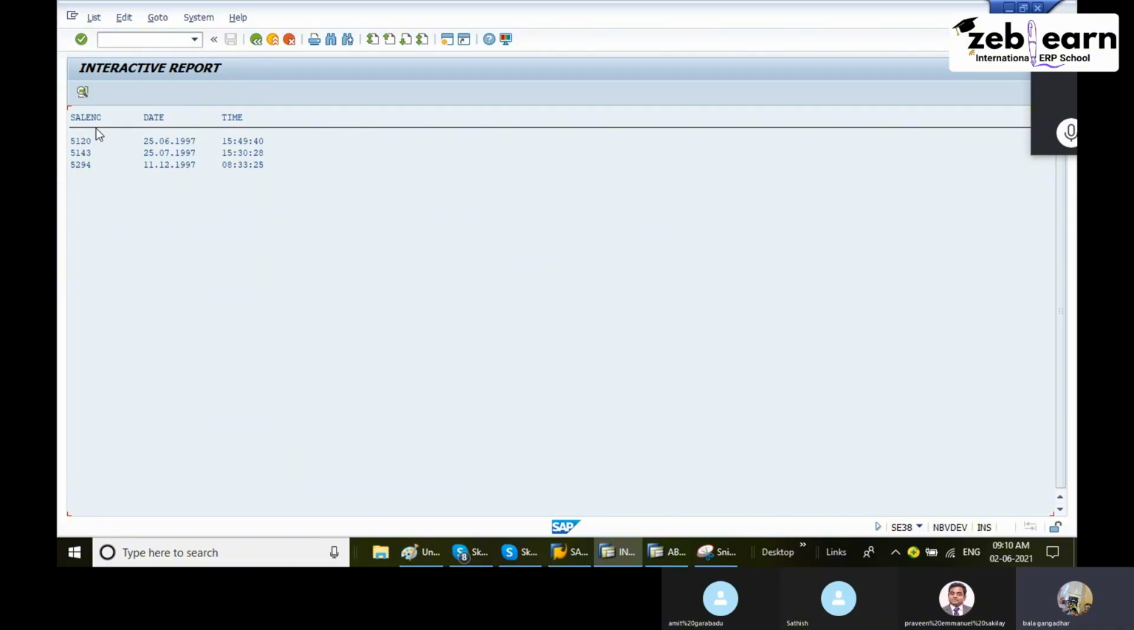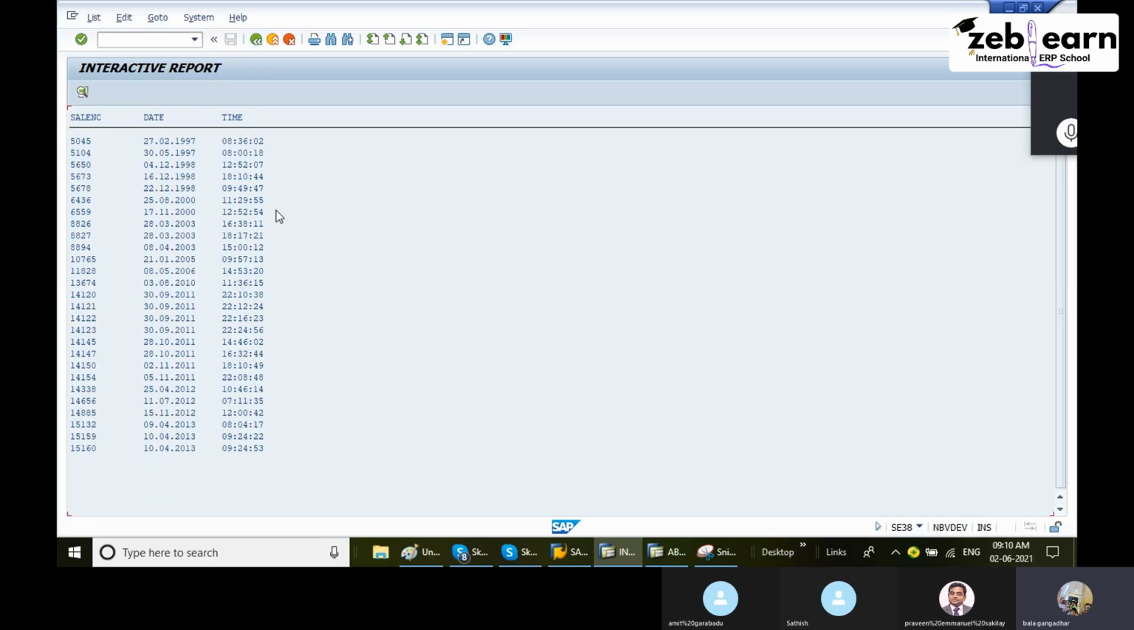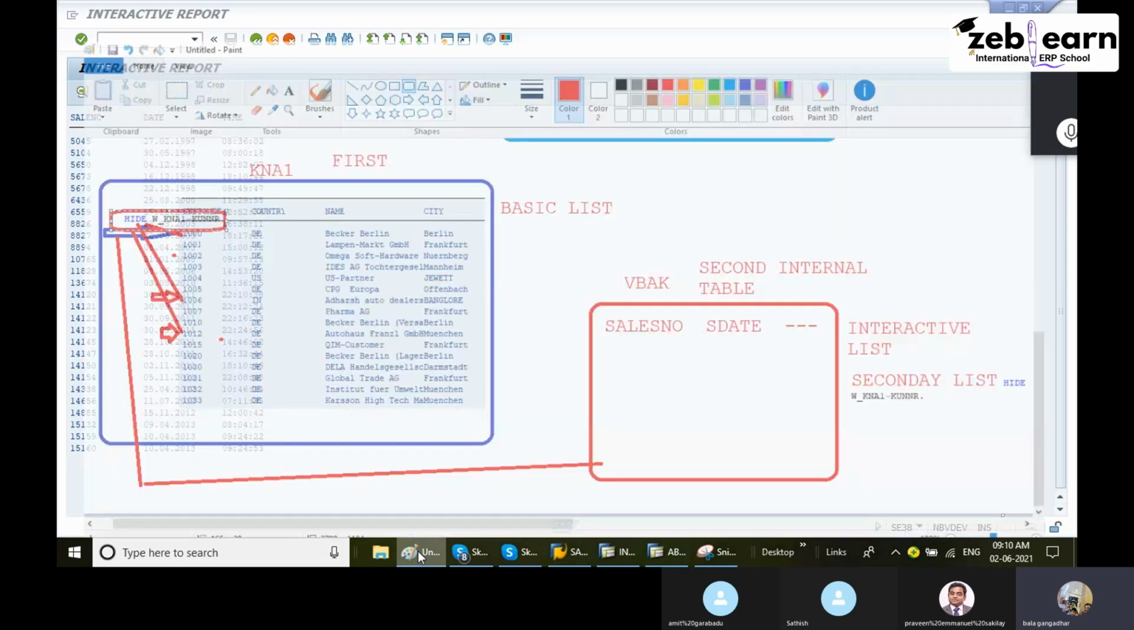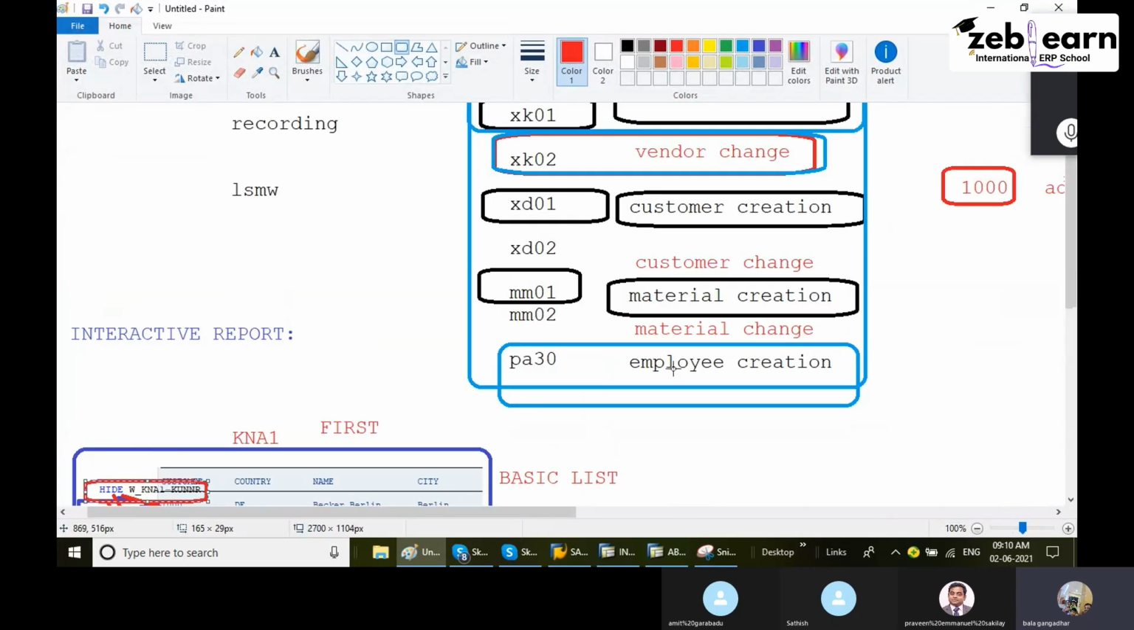To display this type of interactive report, interactive means you are just double clicking. Based on double clicking, those values will be displayed in the next list, that we can call a secondary list or interactive list. Here, extra syntaxes are